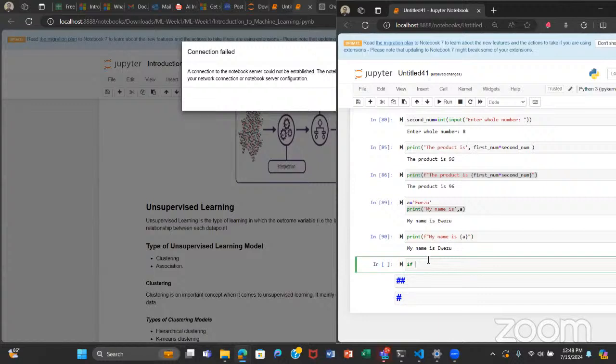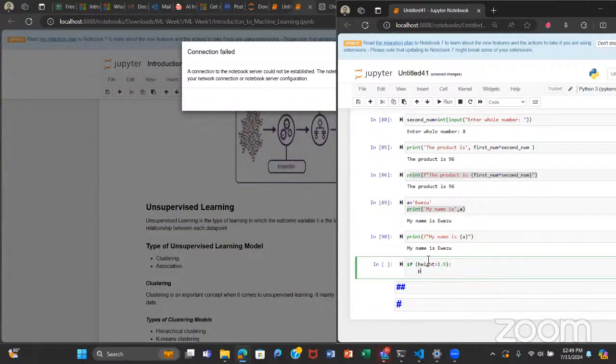One of the statements you can use to check if a condition has been met is our if statement. It enables us to check if a condition has been met, and if it has been met, it then executes a block of code. So let's say if height is greater than 1.9,